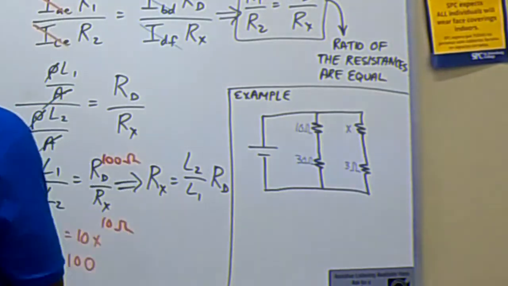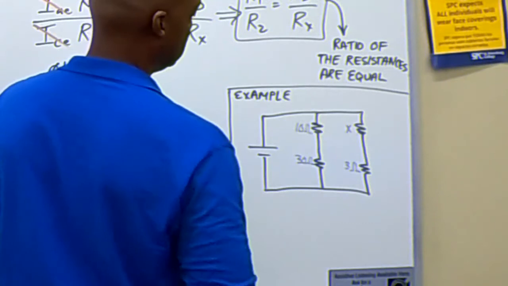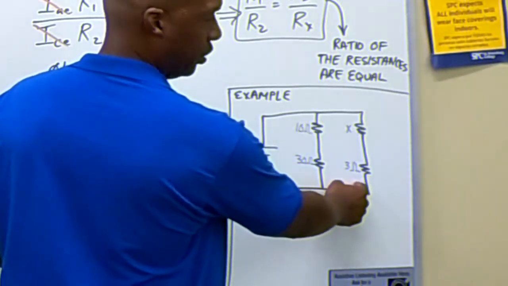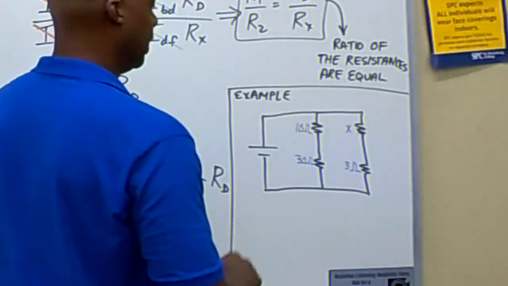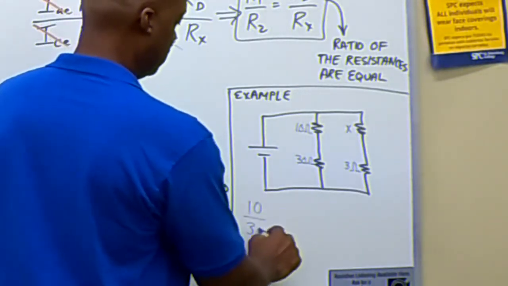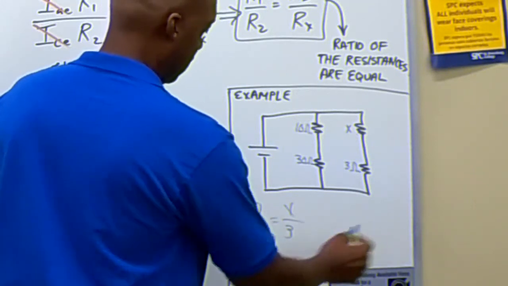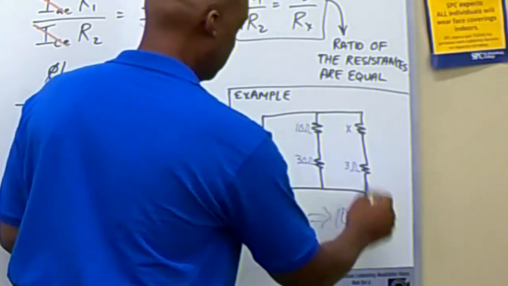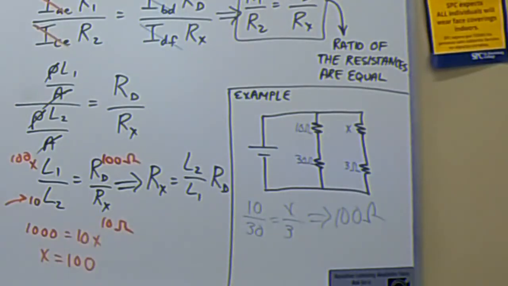Okay, so if I have 2 resistors of known resistances, 10 ohms and 30 ohms, and I have another resistor over here of 3 ohms, and we want to balance the bridge, we'll just simply set up a ratio: 10 to 30 is equal to X over 3. And you can see that this is pretty easy. We should see that this balances out to be 100 ohms. Okay, so